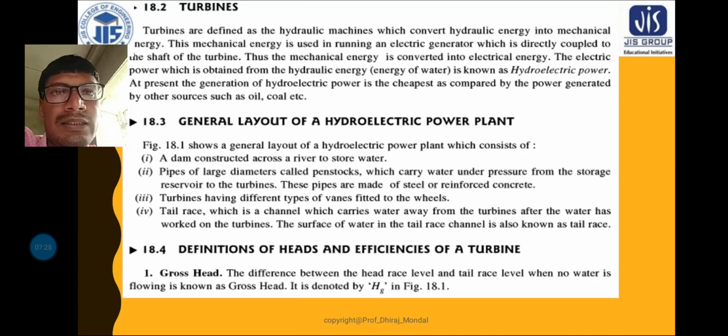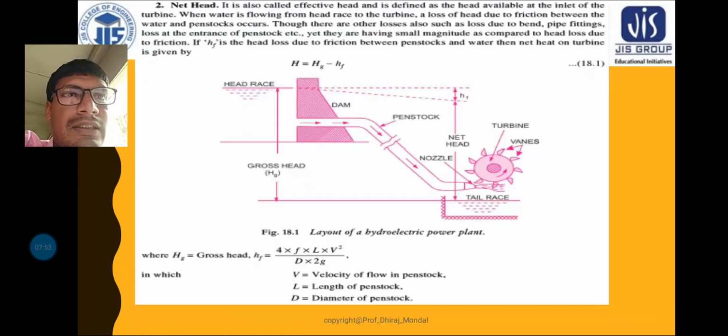Okay, so some barrage is there, and what we are doing is resisting the flow of water with the help of that barrage. The height of the water is increased when the water is coming, and we are reserving that water and getting some head like this. You can see here, in this position, this is called your head race.